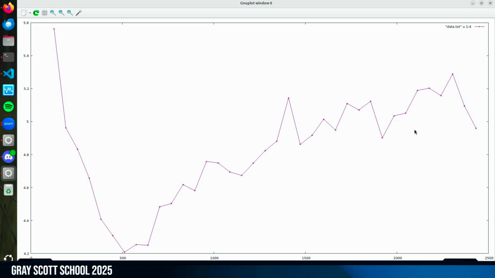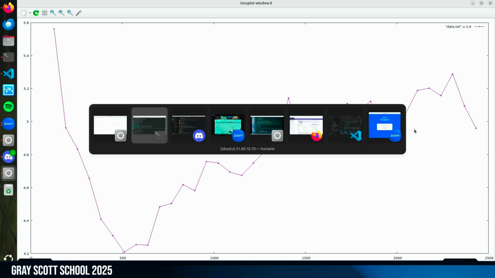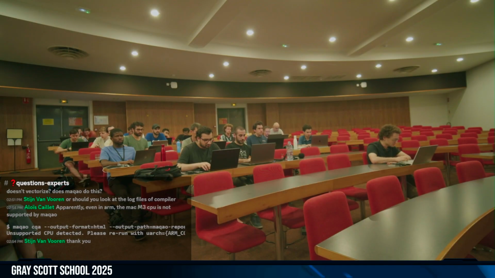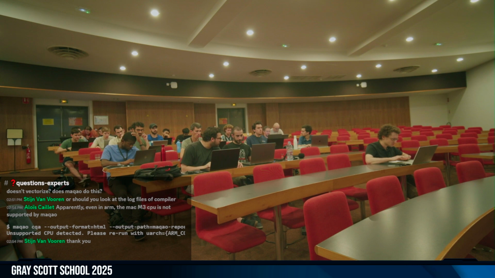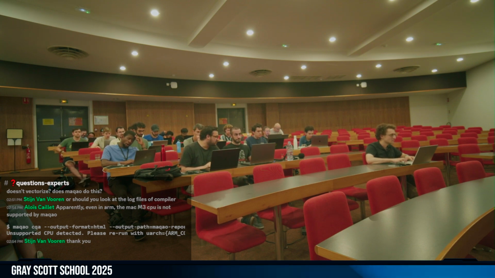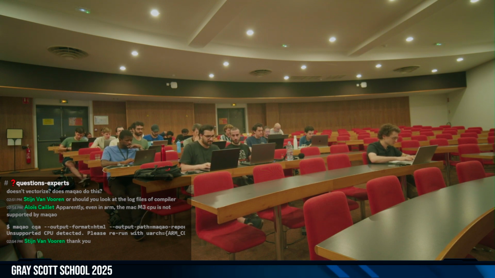Sorry, can you show again the slide just to have the commands? The commands here. Okay, thank you. So here we are making the case where we compare the sequential version, which is alone on the core, to the parallel version. So you will not see the 12x speed up I was speaking about. For this, you need to launch the process several times.